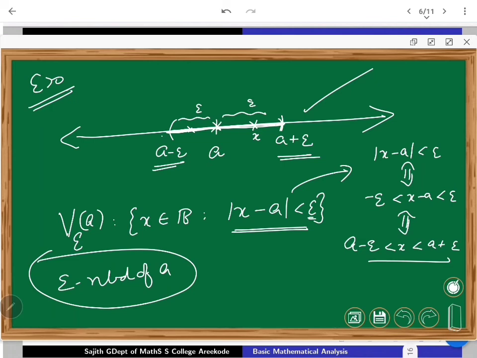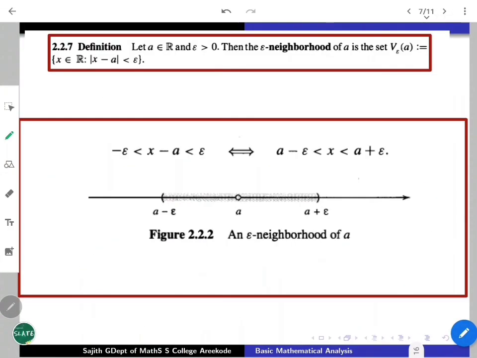Once you have these whole ideas in the real number system, whenever you are speaking of the plane, most of these things come along with us. At that time, it will be more sound and the terminology will be nicer, and why I am using radius and all. For the time being, it is enough. You are just saying any epsilon is given, epsilon neighborhood of A. So center at A, just move right and left up to the distance epsilon. That is what it precisely says. So this notion allows us to define the neighborhoods, the epsilon neighborhood of A, and the notation V epsilon A should be clear in this situation.